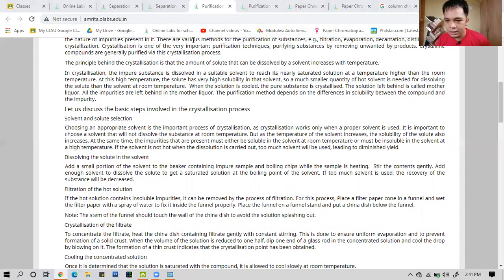Okay, hindi ko makuan. Hindi ko siya makuan. Wait lang. Okay, sa ating purification,